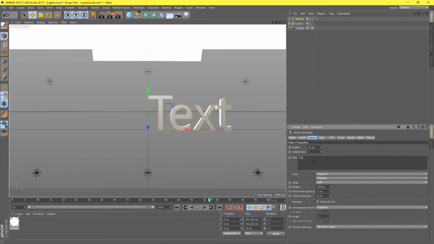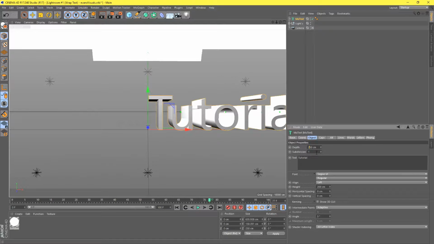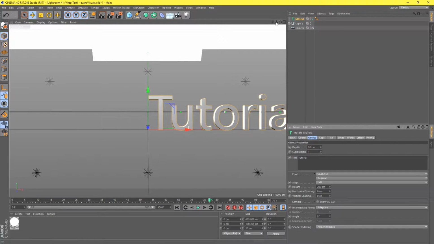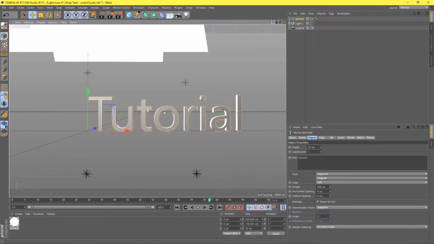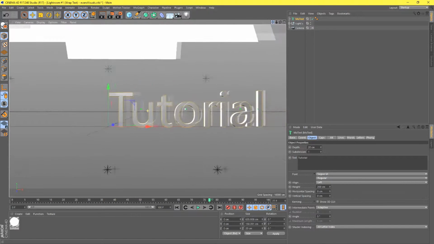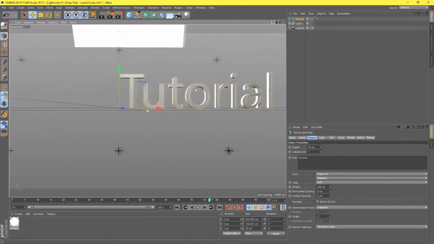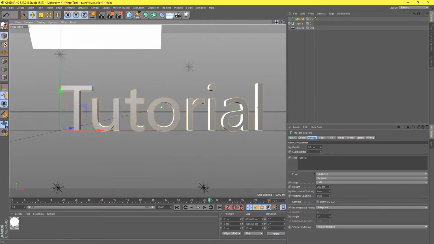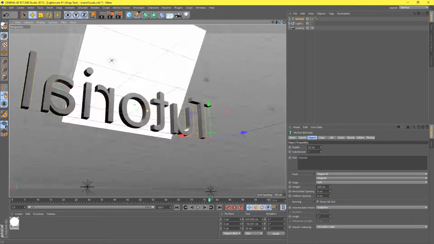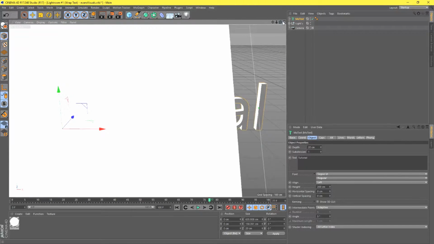Now for this we will write a tutorial, just for an example. Sorry, I haven't done a tutorial in a long time. For anyone that doesn't understand Cinema 4D, the way you look around and move and everything is these four buttons up the top. This one allows you to move, this one allows you to scale backwards and forwards, this one allows you to rotate,